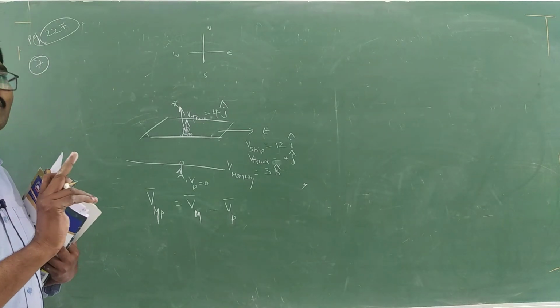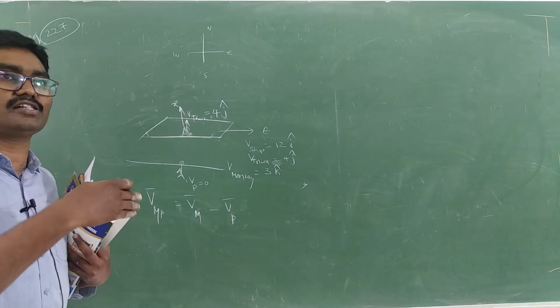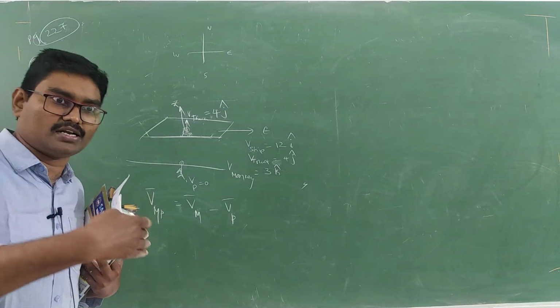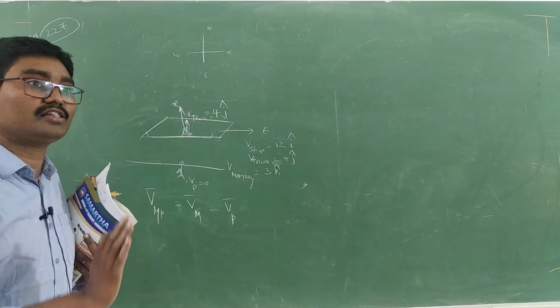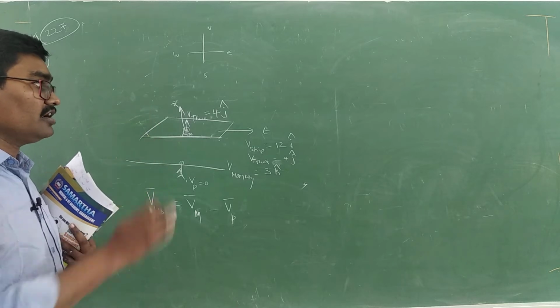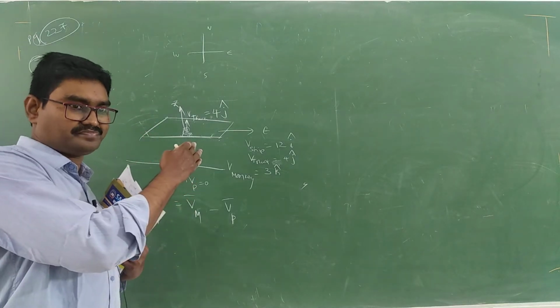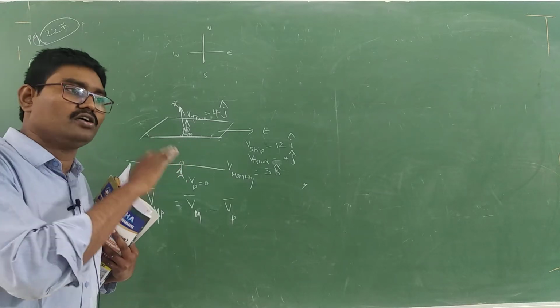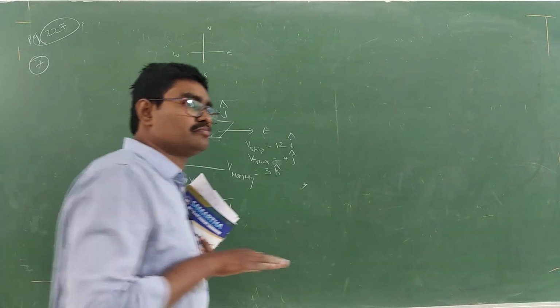But that pole is moving along with the truck. So the truck is also moving in the horizontal direction, along j cap with 4j cap. So take the resultant of 4 and the monkey's 3. You will get the resultant 5. But that is not staying there; again, it is moving with the ship.